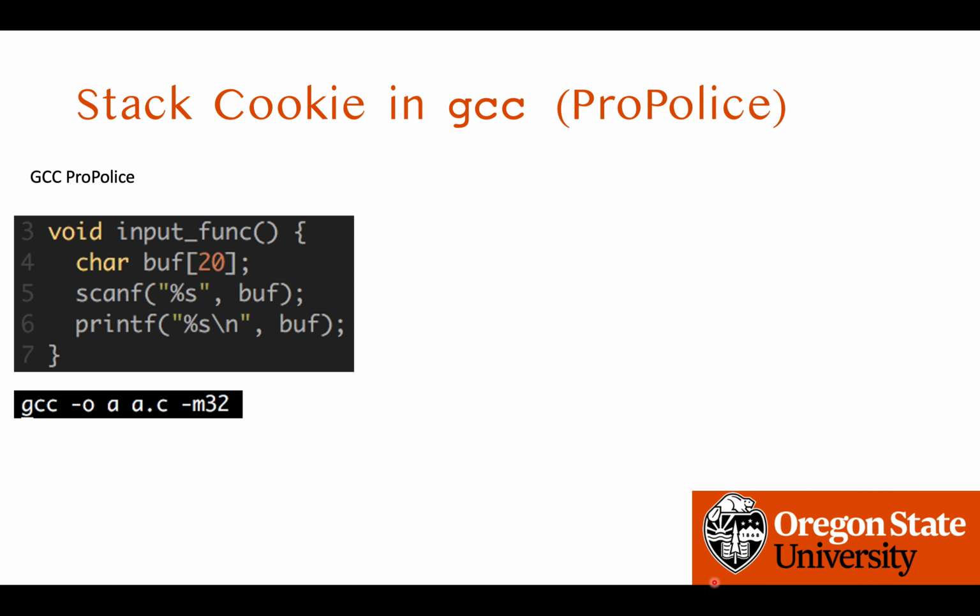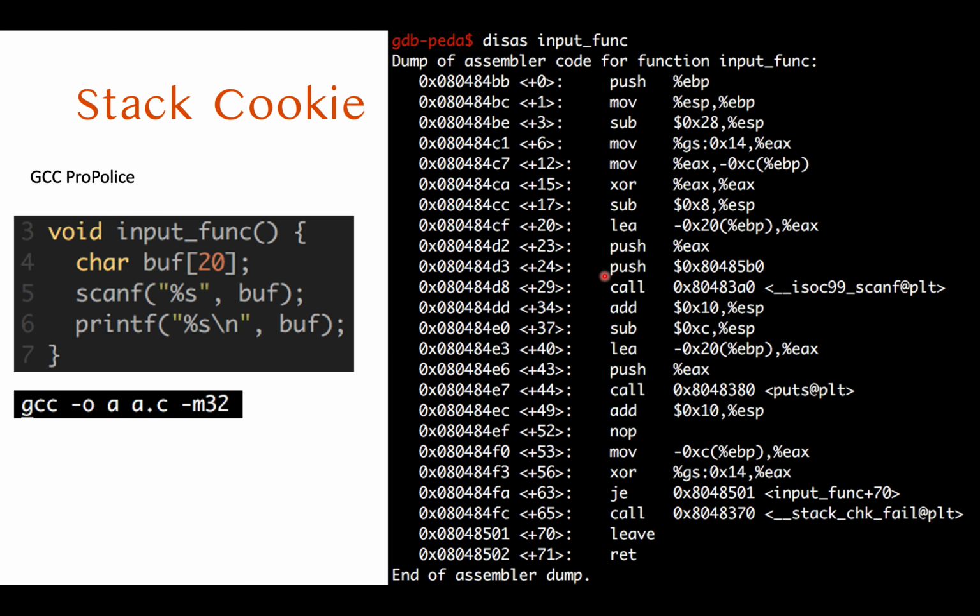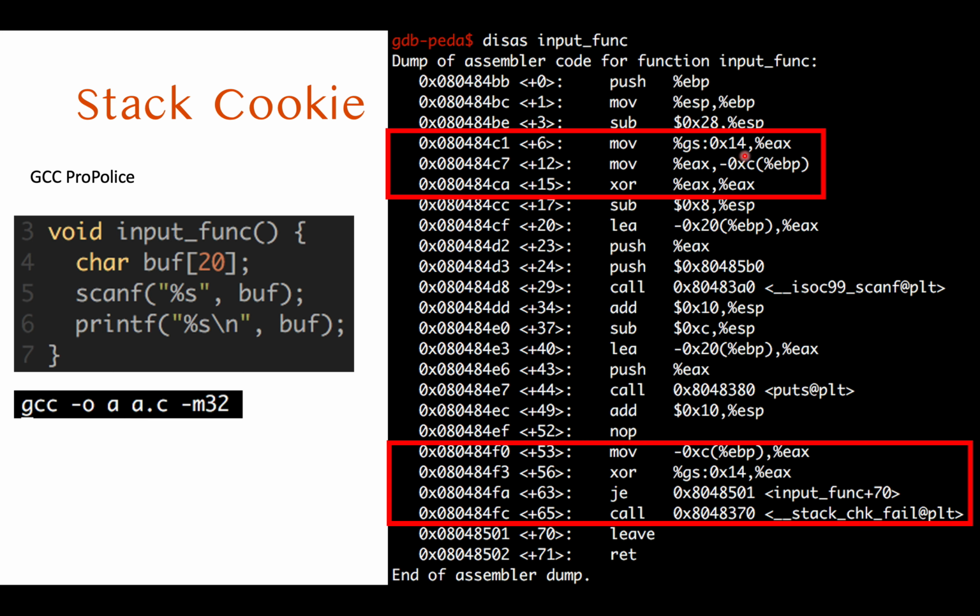And this stack cookie is deployed in most compilers, including GCC, Clang, Visual Studio, and many others, because it is a fast and efficient defense. If you build the code on the slide using a basic compilation command like this, then you will see the following assembly code. These two parts are additional assembly code added to insert and compare the